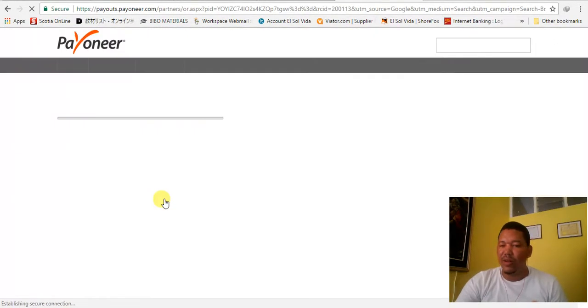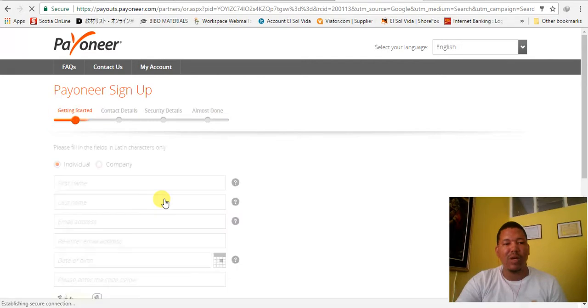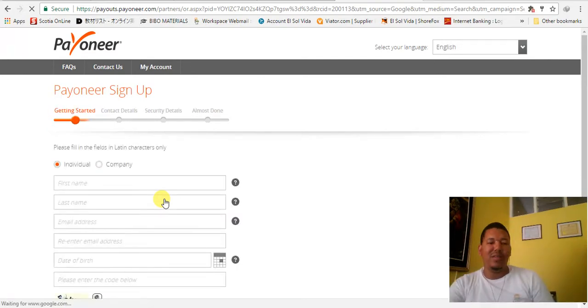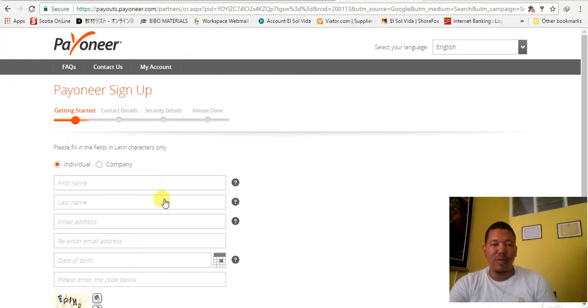Simply go through the sign up process, enter your information, and provide the documents that they're requesting from you, which is usually just a valid government ID. You can use your Jamaican address. They will be sending you a Payoneer MasterCard, which is like a prepaid credit card, meaning it has money added to it, and that money will be coming from your commissions